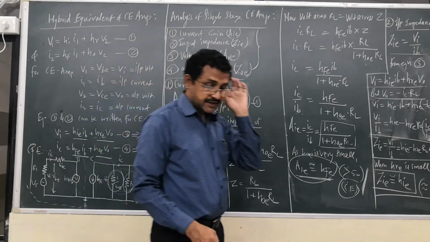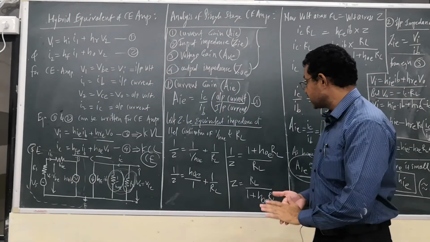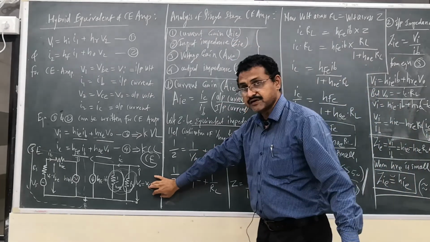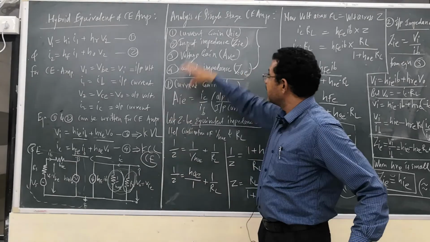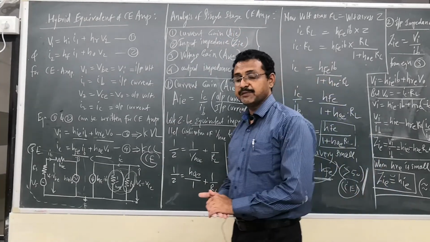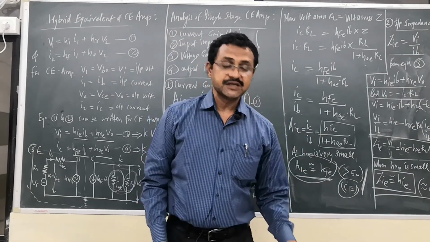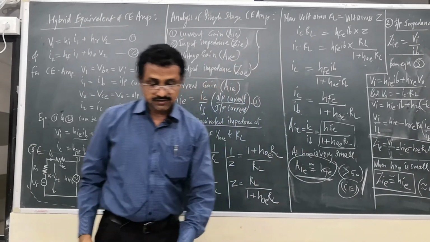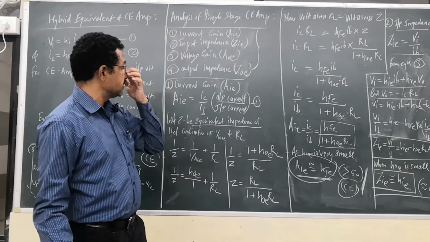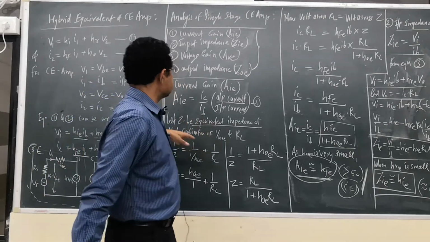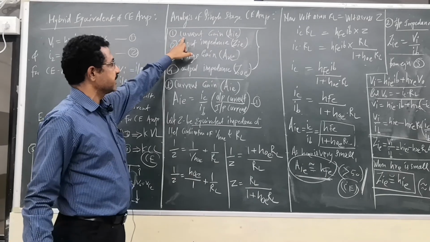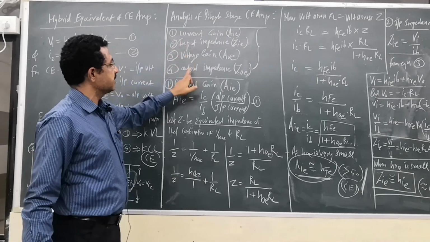तो आज के लेक्चर में हमने क्या क्या चीज़ें देख ली हैं, हमने हाइब्रिड इक्विवेलेंट मॉडल जो है CE एम्पलीफायर का वो हमने यहाँ पे ड्रॉ कर दिया, और वही सेम हाइब्रिड इक्विवेलेंट मॉडल का हमने यहाँ पे analysis of the single stage CE amplifier किया, क्योंकि single stage CE amplifier में हमने एक ही stage consider किया है, अगर 2 stage करते तो उसमें और फिर changes होते। As per our syllabus हमने यहाँ पे single stage CE amplifier use किया है, और from the single stage CE amplifier we have to find the 4 parameters, करंट गेन, इनपुट इम्पीडेंस, वोल्टेज गेन, आउटपुट इम्पीडेंस।